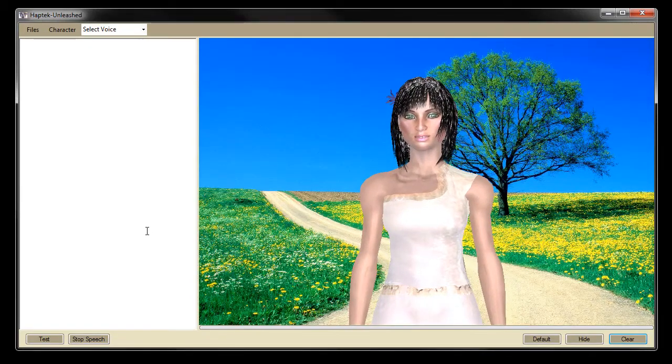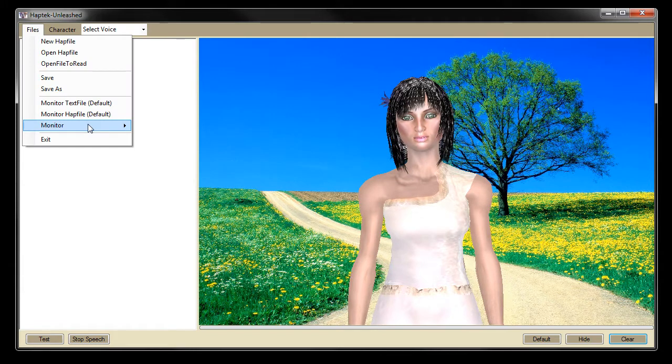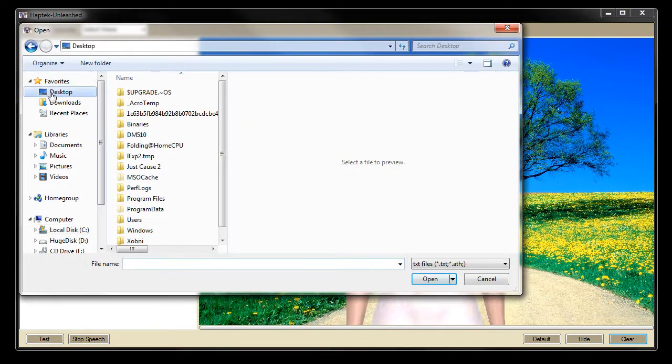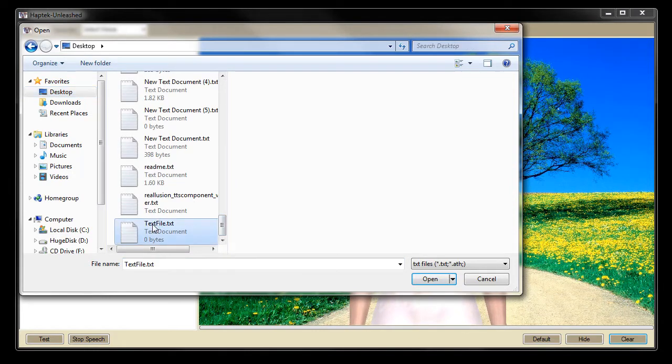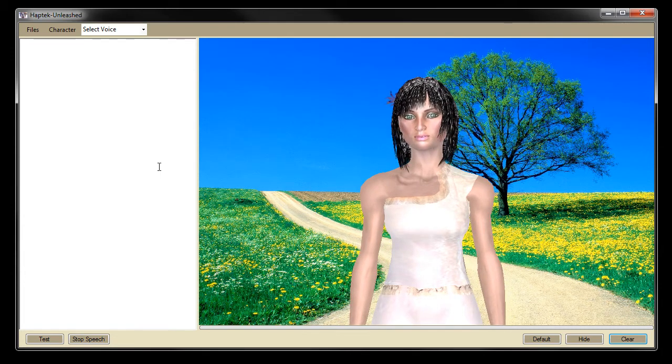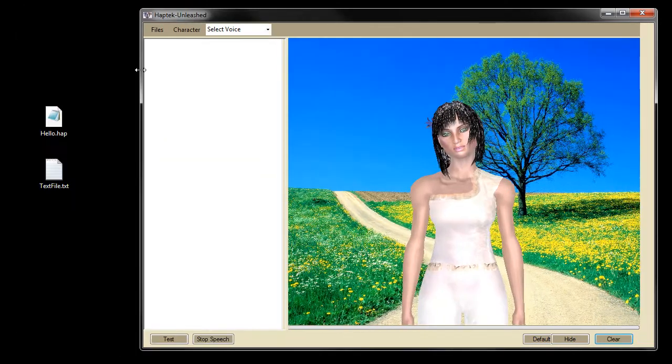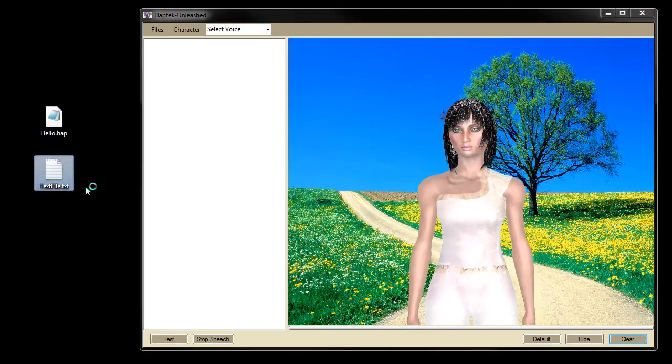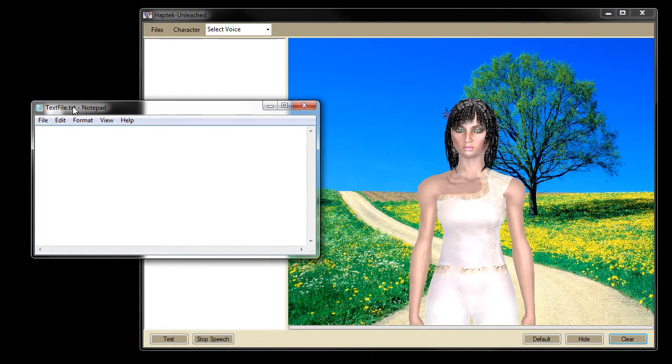And next thing I'd like to show you is the monitoring. It monitors the text file. So first of all, we select the file we want to monitor, and it will always remember this location. So even if you turn the program on and off, it will remember this. Now, we just got through choosing a particular file to monitor, and this one is called textfile.txt. Now we're monitoring this file, and what that means is that whatever text I write in here,